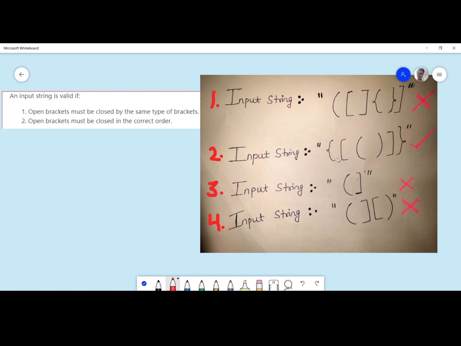But if we try to follow this approach in example number 4, then the round bracket count is 0, square bracket count is 0. So our answer should be true, but it is not. It is not following the conditions given in the question. So we should take care that we do not blindly follow this approach.